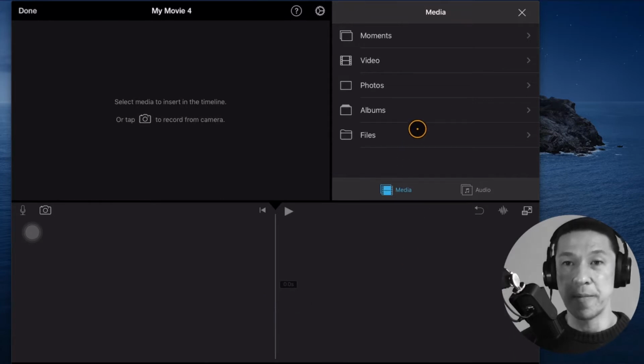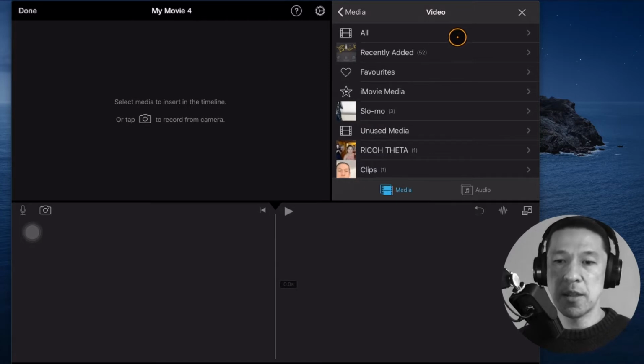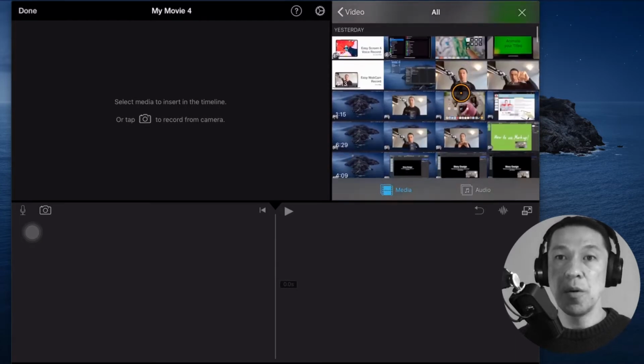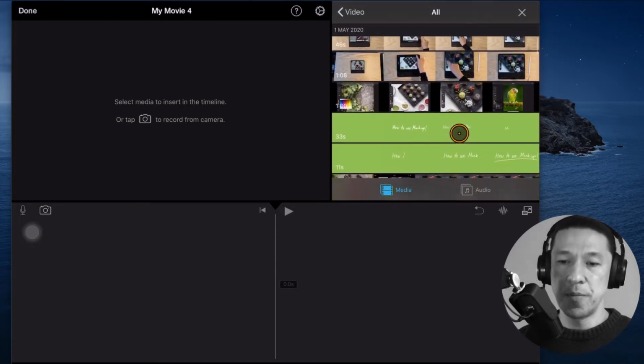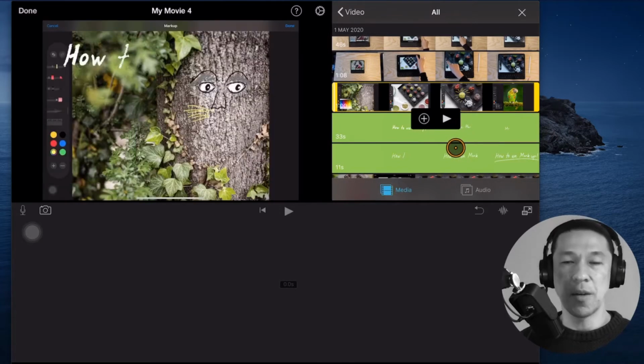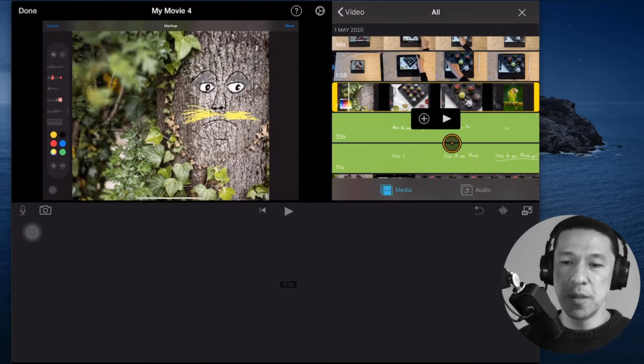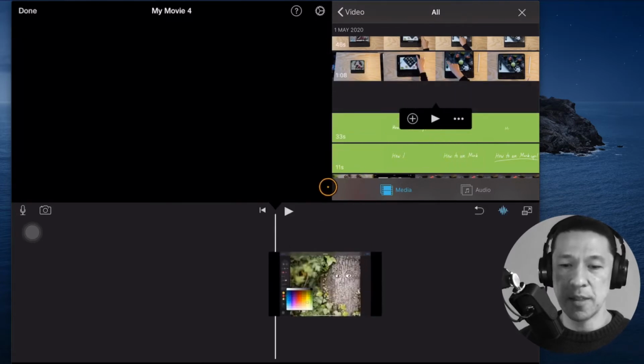Let's begin in media. Open up a video and let's click All. Scroll down for your video. Press plus to add it, or if you're not sure if that's the one, press the play button on the right hand side and you can see a preview in the preview window. If that is the video you want, now press the plus button and you can see it being dropped into